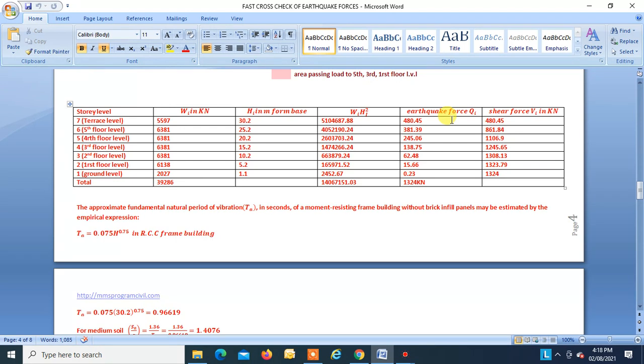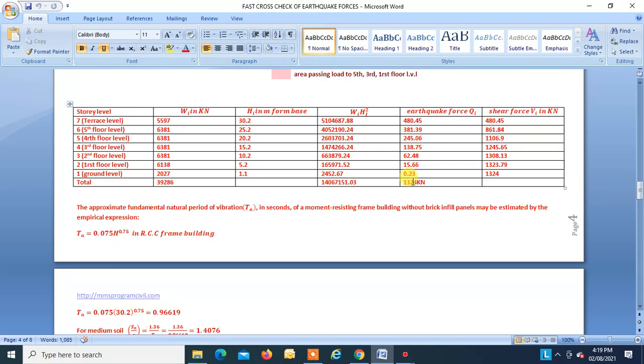So for this terrace level, the story shear will be 480.45. For the fifth floor, the story shear will be this plus this, that is equal to 861.84. For the fourth level, it will be this plus this plus this, that is equal to 1106.9 and so on. So this is how you get the story shear, right? Now